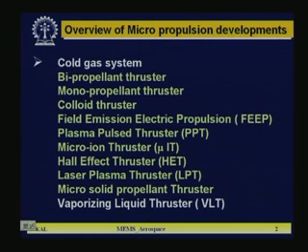Another kind of propulsion is field emission electric, where no liquid or solid propulsion systems are used, used sometimes a long time back. Then plasma pulse thrusters PPT, micro ion thruster MIT, Hall effect thrusters, laser plasma thrusters, micro solid propellant thrusters, and lastly